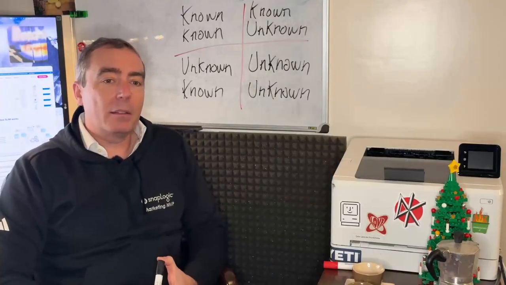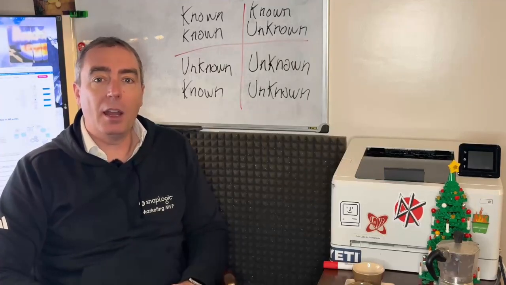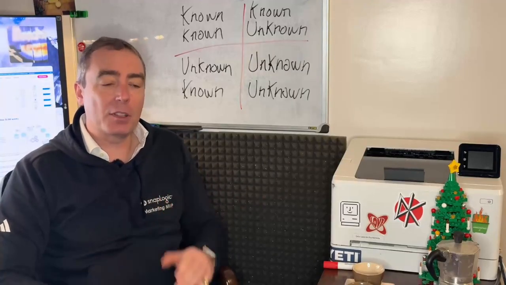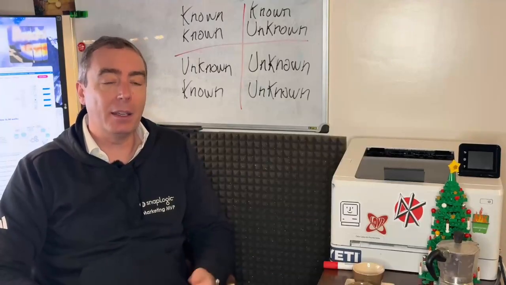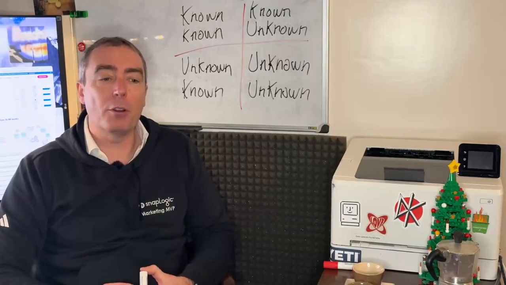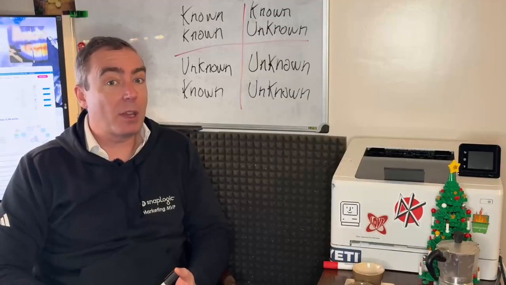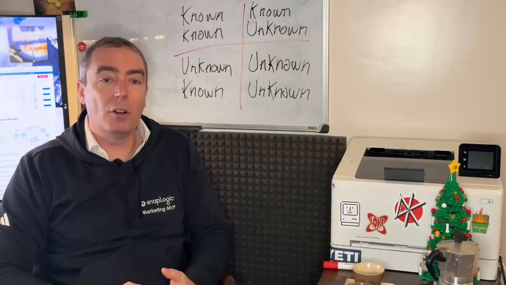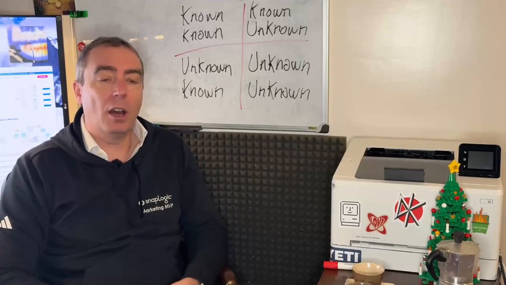Now, if we apply this framework to AI, now AIs have a completely different informational model than we humans do, but some of the categories can be interesting, especially in the contrast to how we think about information and how an AI, and a large language model in particular, will process this information. So known knowns, they're the easiest ones for humans, some of the hardest for AIs. The models do not work on information in that sense. They're probabilistic. And so it's very hard to say what is a known known for a large language model.